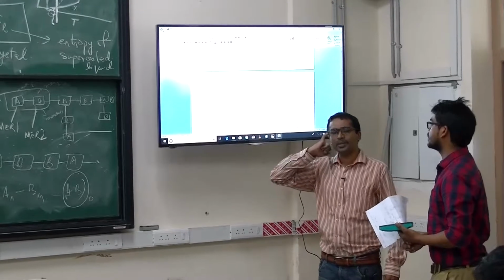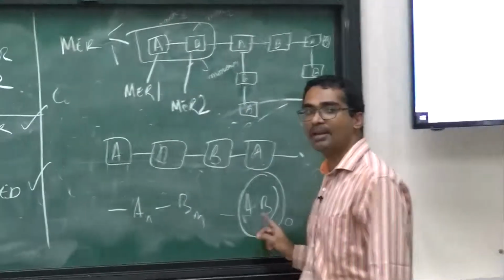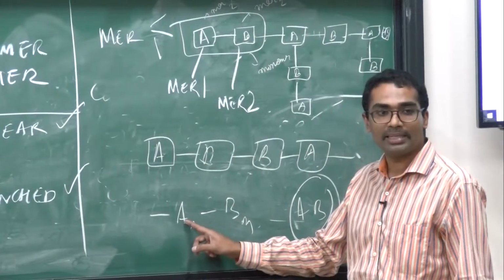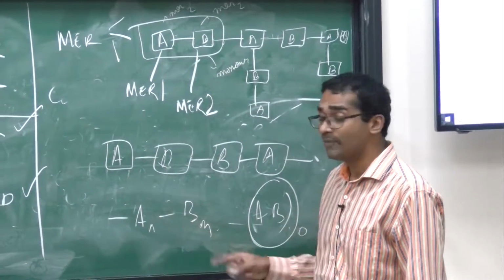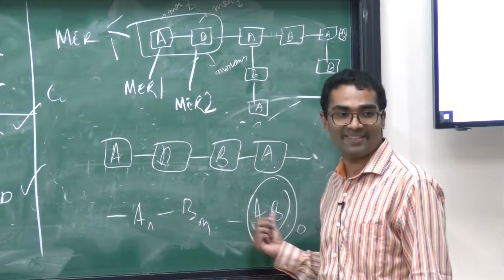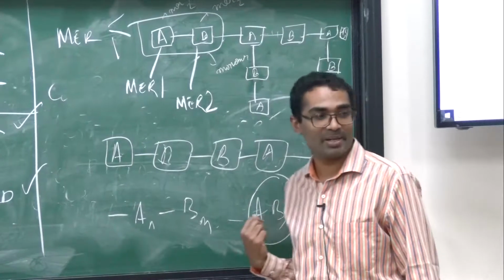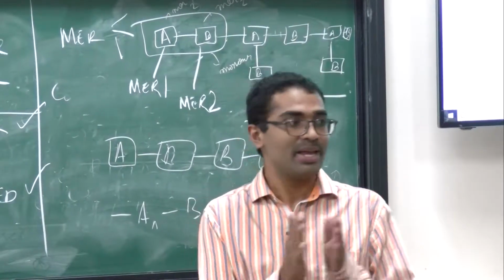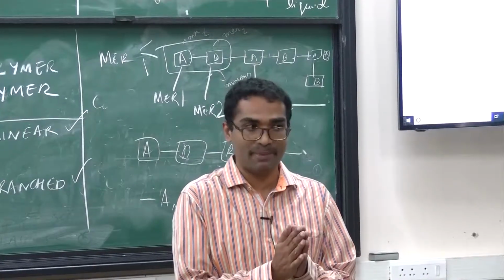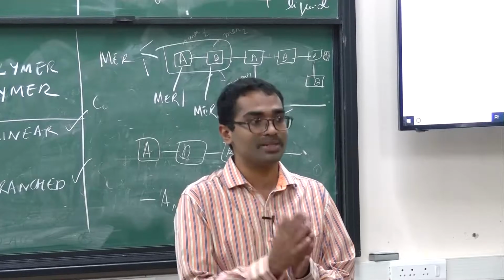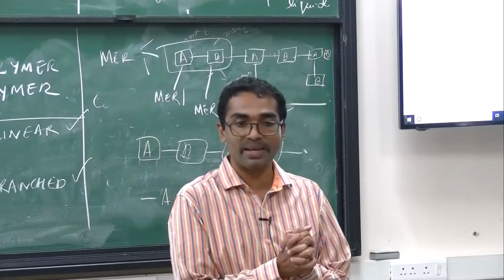And when would you expect it to be a random copolymer? So, I will give you some constraints. For instance, AB has very high binding energy. AA has very low binding energy. BB has very low binding energy. Then what will be the population of each one of them? Which one will have the highest population? AB will have the highest population, right? Because this is a more stable unit than this or this. So, if you look at the enthalpies associated with these mer and mer interactions, the enthalpies of interaction between them give you a fairly good idea as to the populations that would exist in these random copolymers. It makes a lot of sense, isn't it?